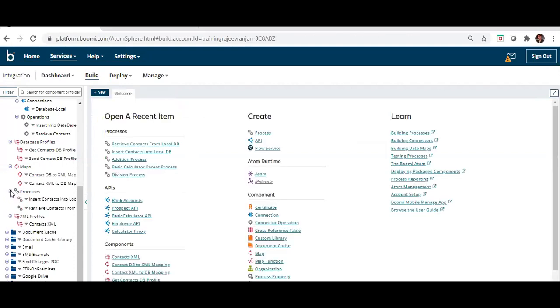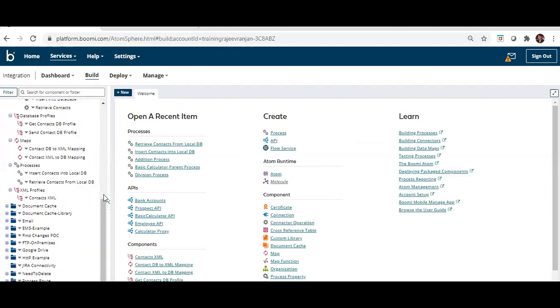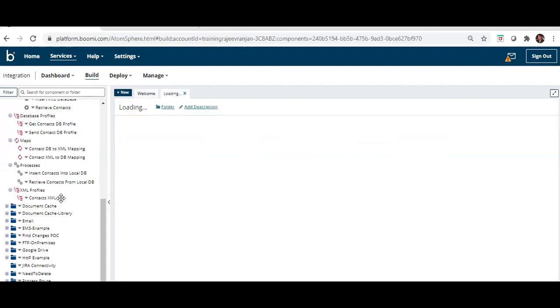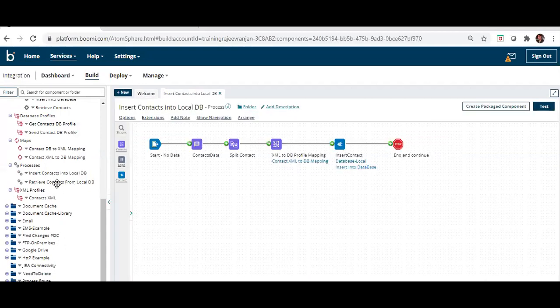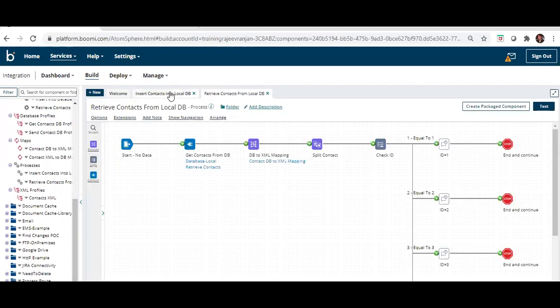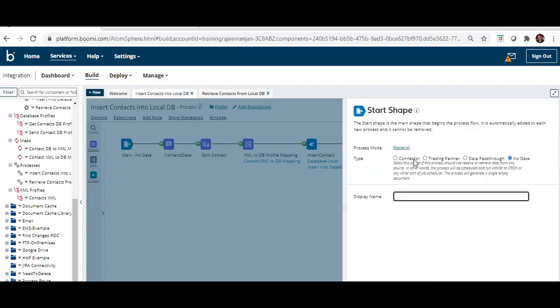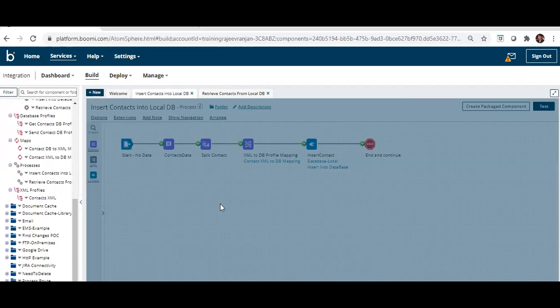Coming back to this process, we have two processes here, one for the insert and one for the retrieve. We'll see how we have designed and configured this. Here I have taken the start shape as no data, simple.